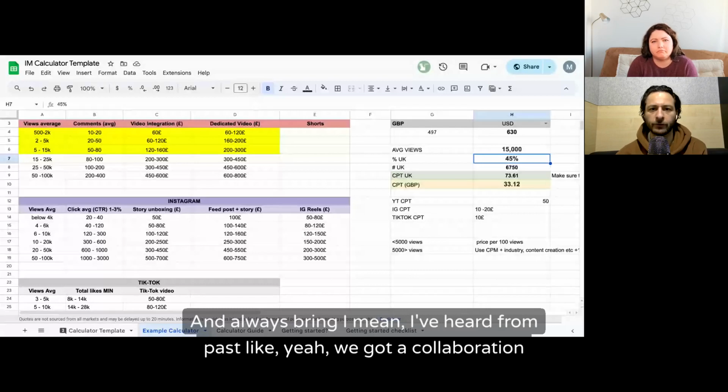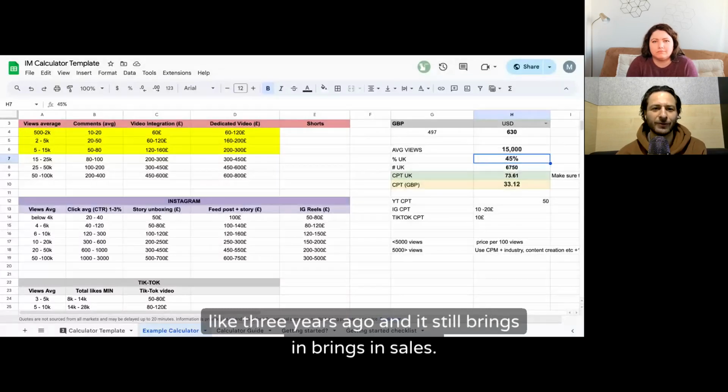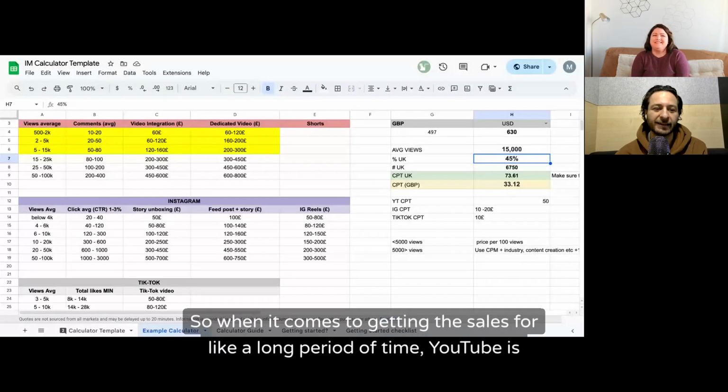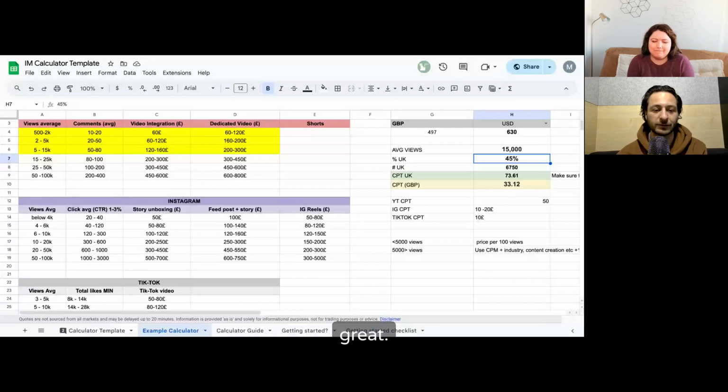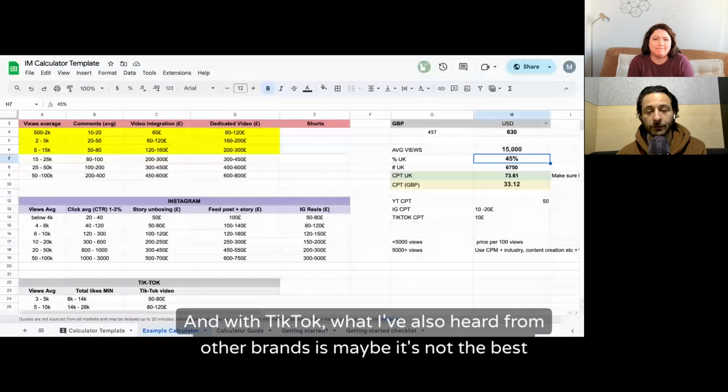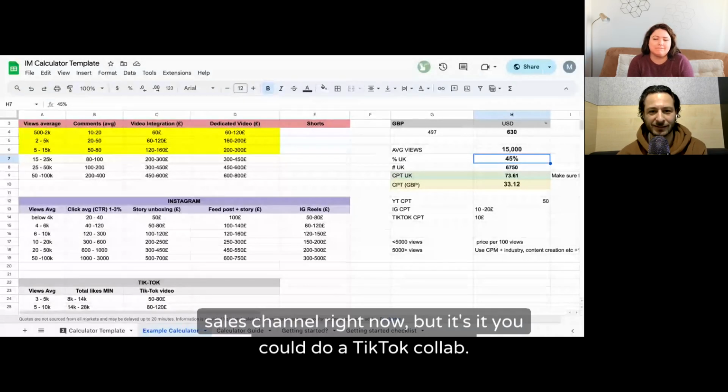I mean, I've heard from brands like, yeah, we got a collaboration like 3 years ago, and it still brings in sales. So when it comes to getting the sales for a long period of time, YouTube is great. And with TikTok, what I've also heard from other brands is maybe it's not the best sales channel right now,